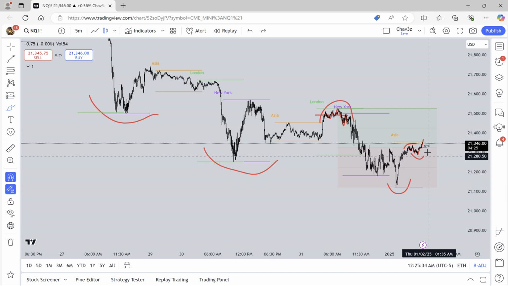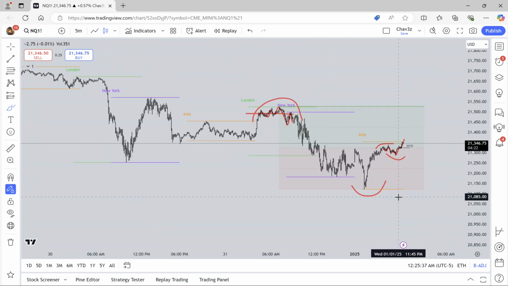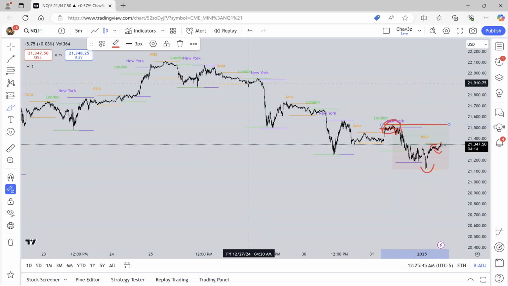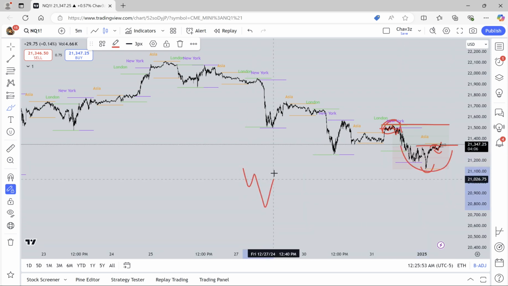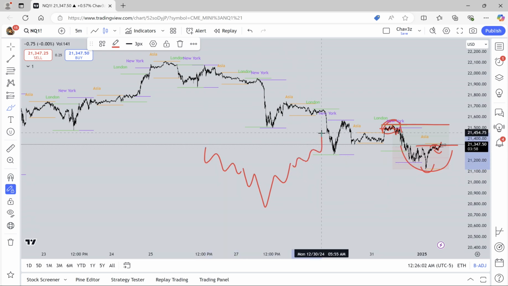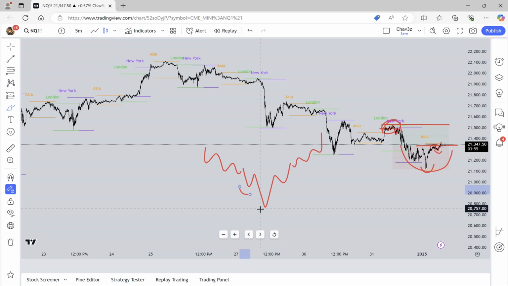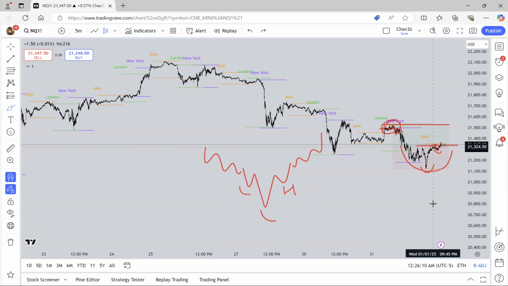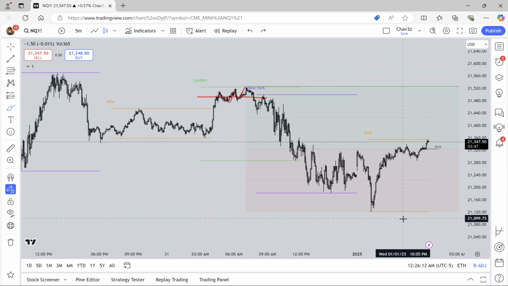So I want to see what we do at high of day. Right now my target is previous high of day. I think this is our draw on liquidity because of how market structure is aligned. We've taken equilibrium, we've created that shift in structure. Everybody knows what this is, head and shoulders. The structure is the same: you have your low, your lowest low, and then your higher low, which is the shift, which is what we've got going on over here.